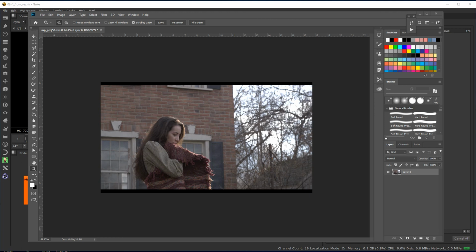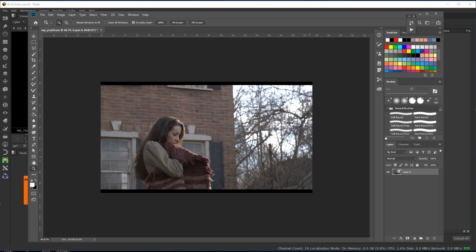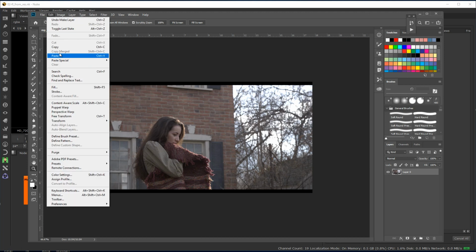of real estate. Okay, so you can see that I've got the image that we worked on in the previous demonstration open in Photoshop. Just to demonstrate that, I'm going to go to image size just to bring that up, and you can see that this is 1280 by 720 pixels. Okay, so like before, I want to change the canvas size to raise the resolution. So I come to image, canvas size,